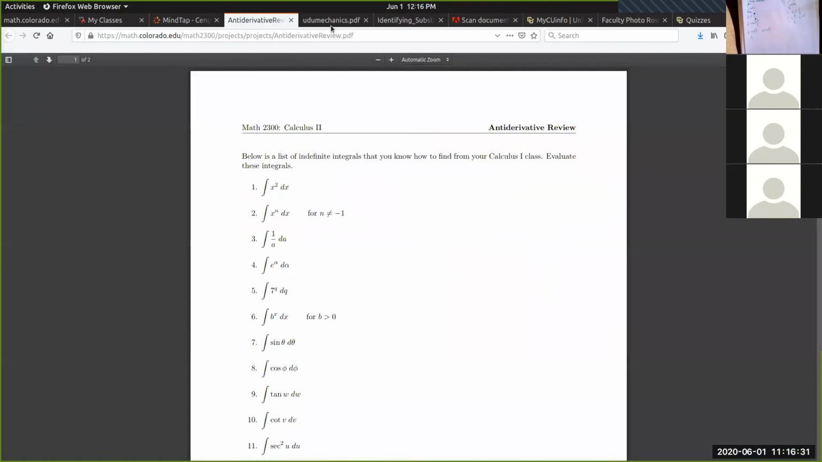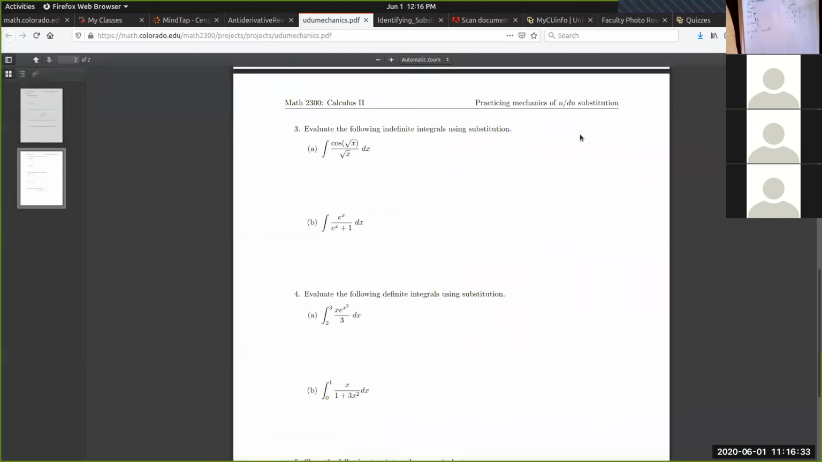So that was the antiderivative review. This is practicing the mechanics of U substitution. So they can get a lot more complicated. And really the key thing is to set up the integral. So they say to evaluate, so go ahead and find the antiderivatives if you want. But the other